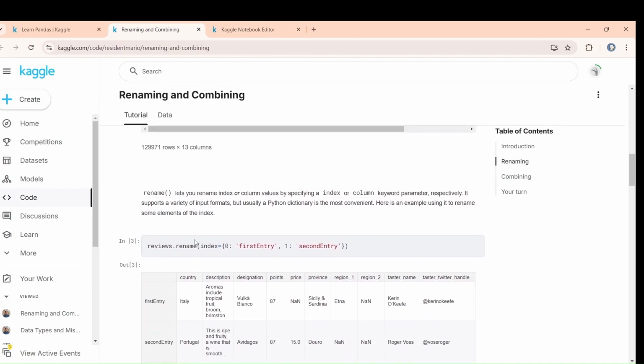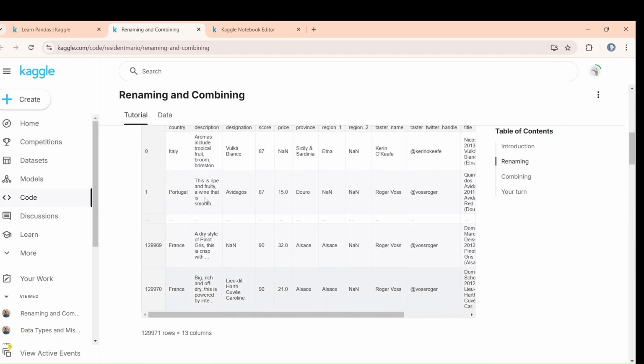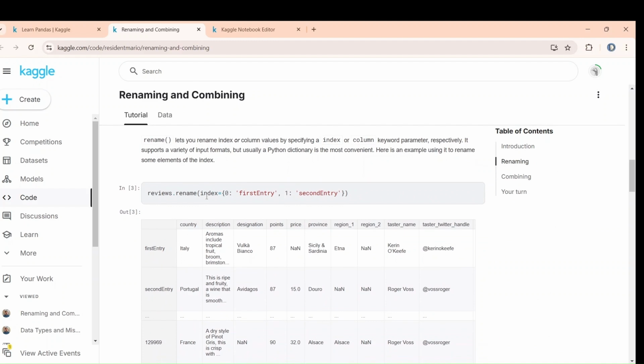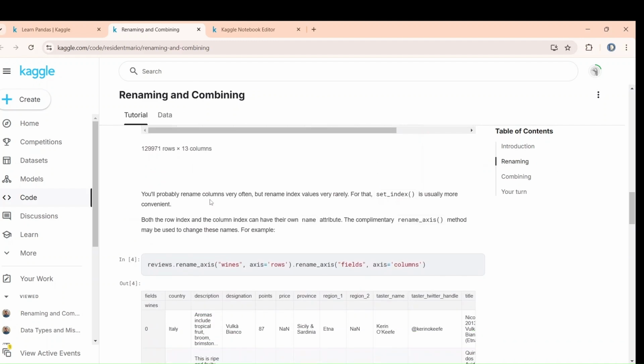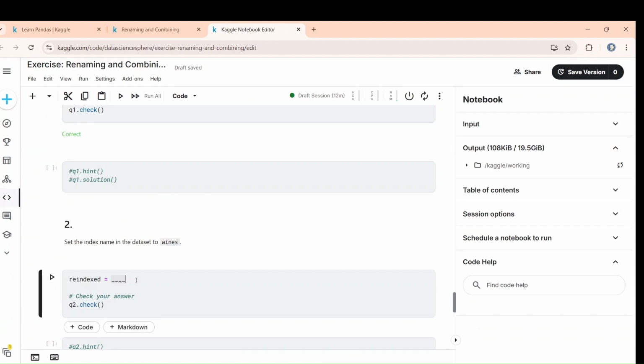Okay, now set the index name as wines. So you have to use this one. Set the index as wines. So you will copy this one and